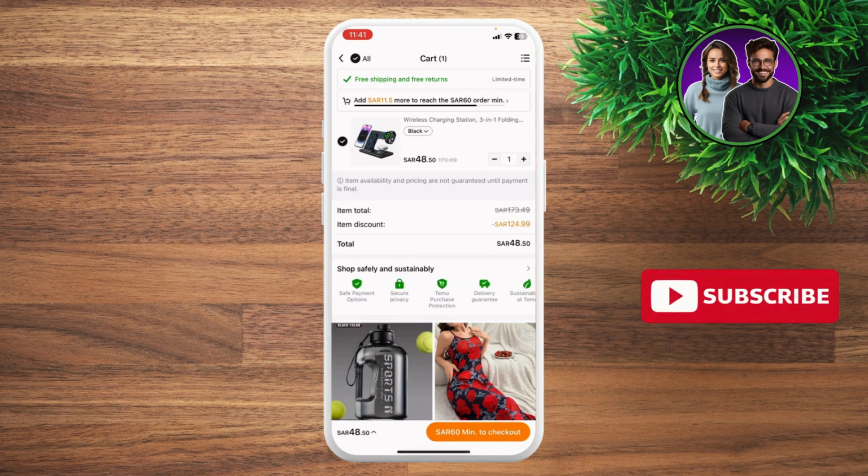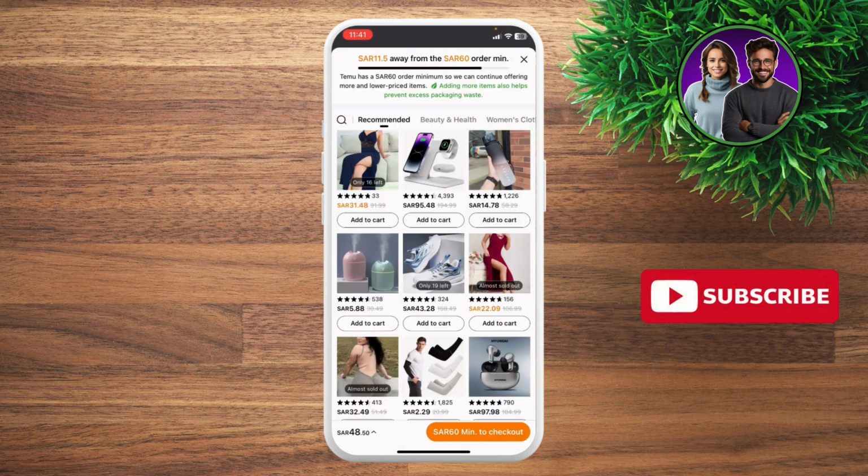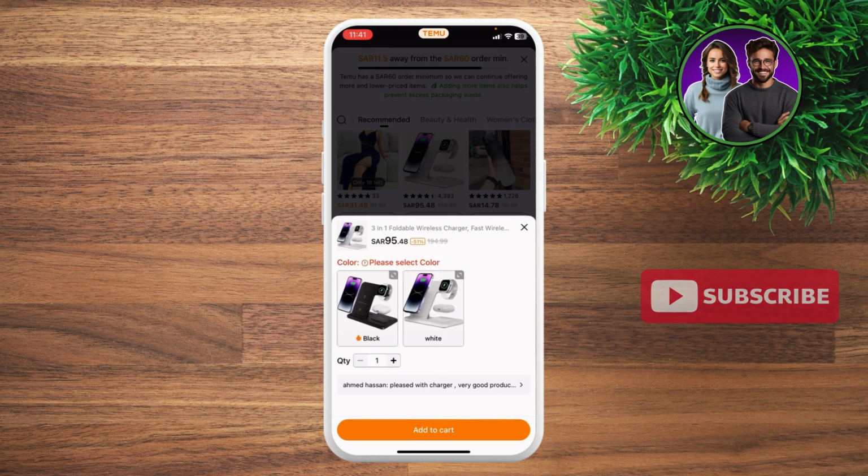And basically what I'm going to do, I'm going to just go ahead and click the 60 SAR to checkout at the bottom right, and then go ahead and continue to purchase things because you want to get it to at least 60 SAR to buy items. You can continue adding more lower-priced items. And after you've chosen the items, let's say for example I wanted to add this one to